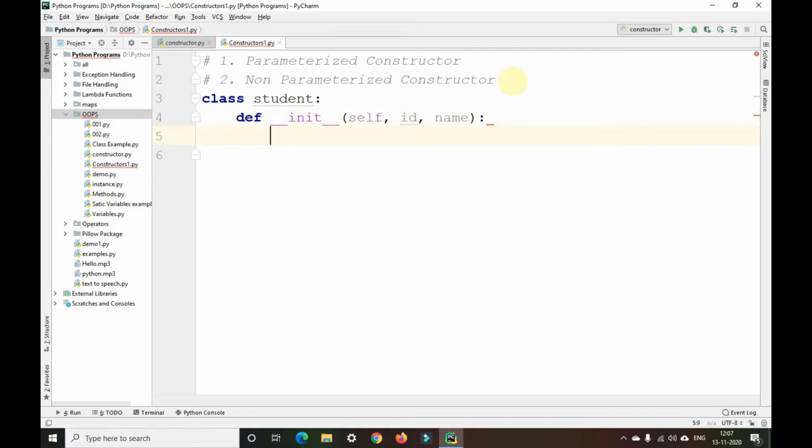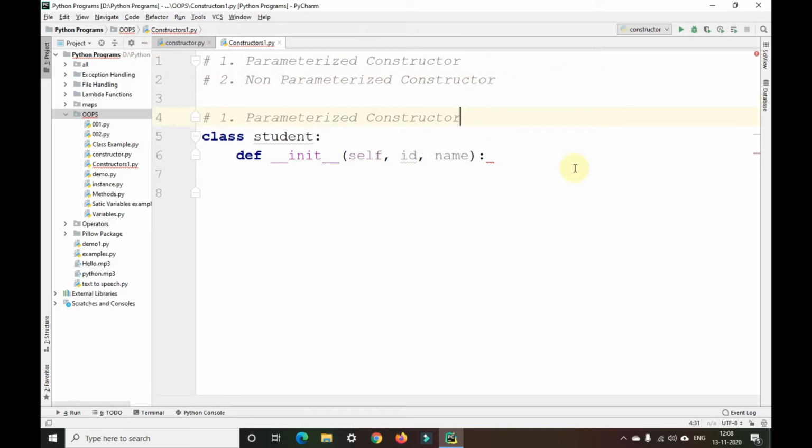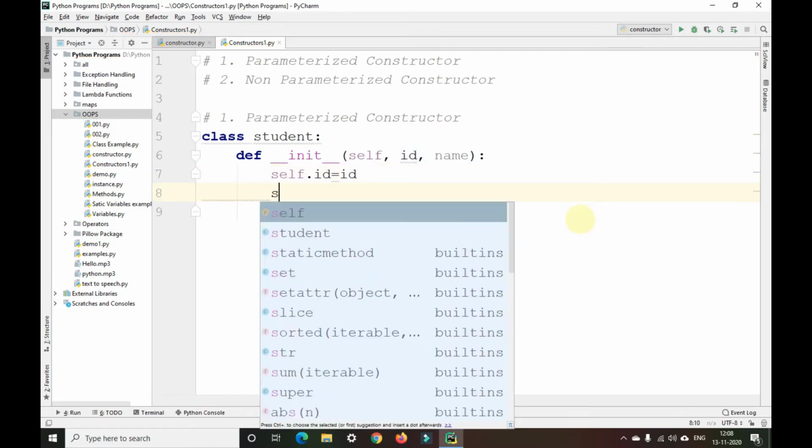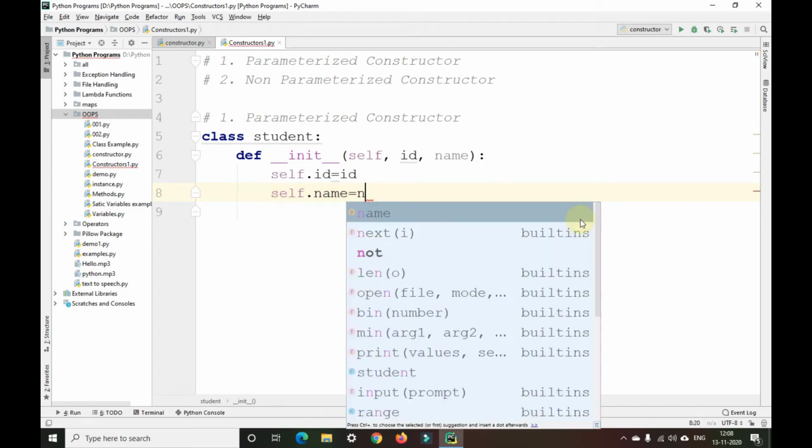Okay, so this is the parameterized constructor that we are seeing now. Okay, so in parameterized constructor, I'll take self dot id equals to id, self dot name equals to name.